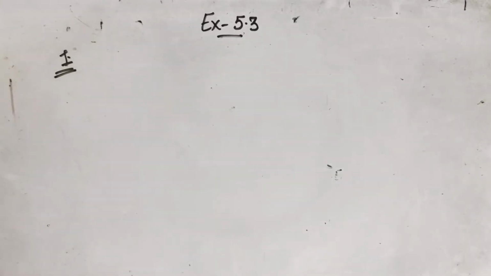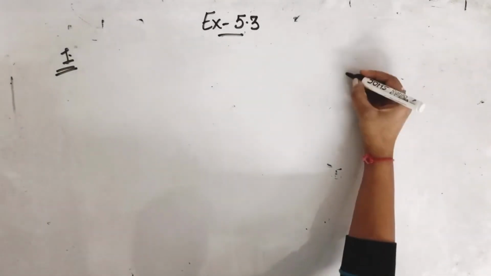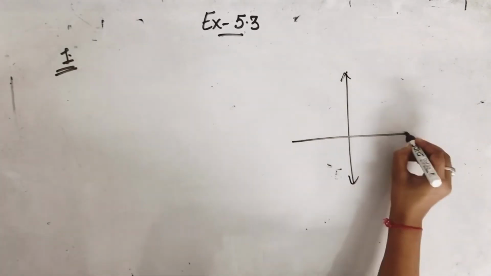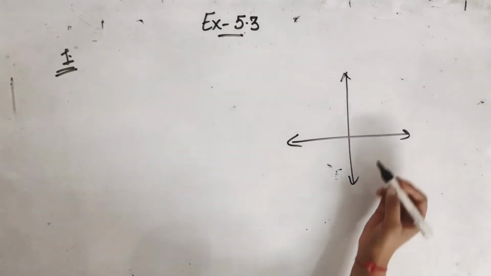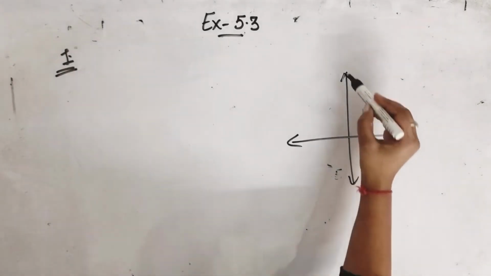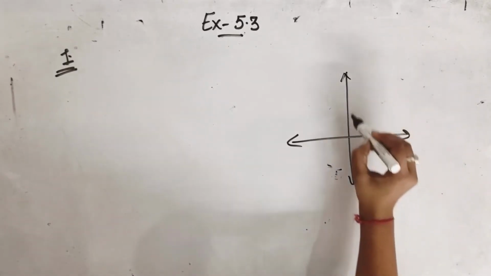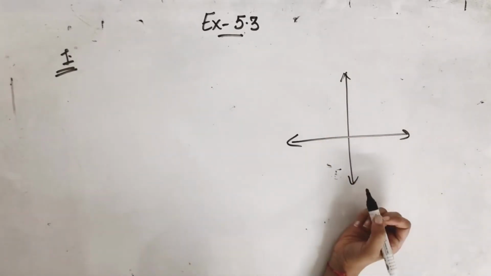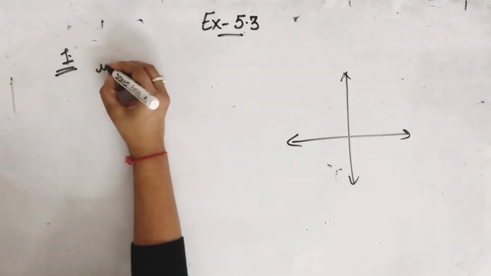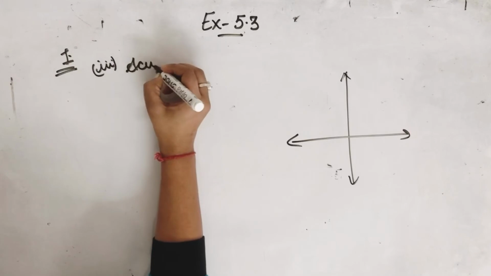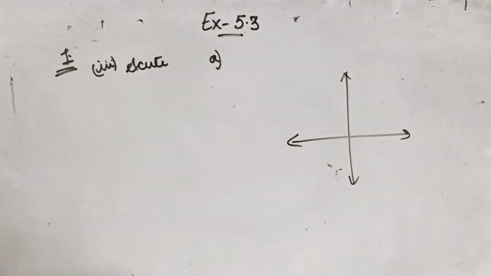5.3 first question, match the following. Now A part is less than 1/4 a revolution. 1/4 of a revolution is only this one part. And now the angle is less than this part. And we know that angle less than 90 degree is acute angle. So third part, acute angle, will go with A part.